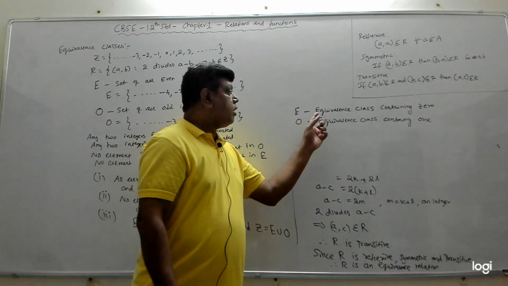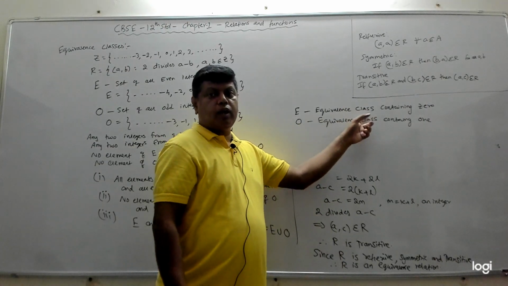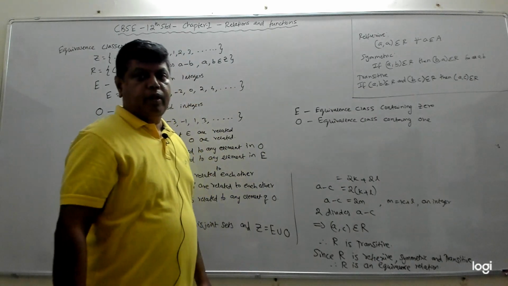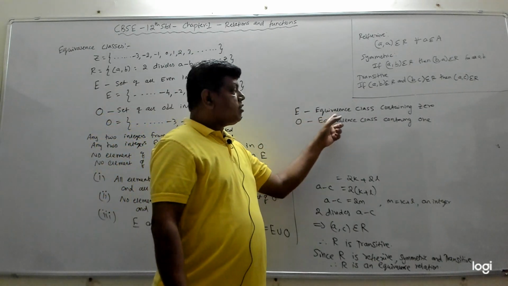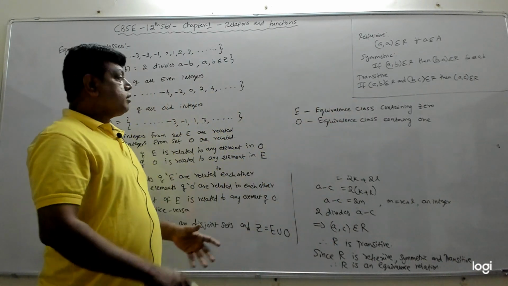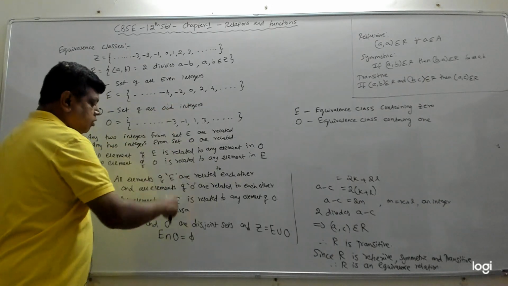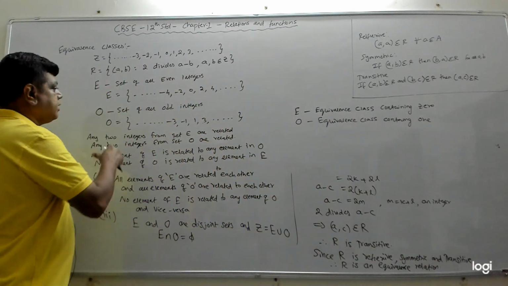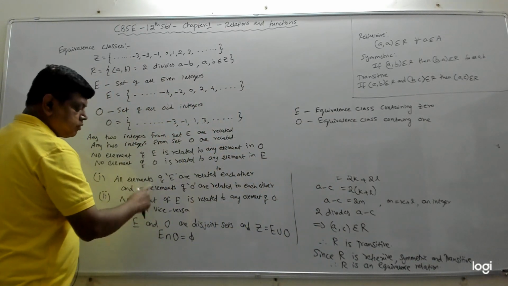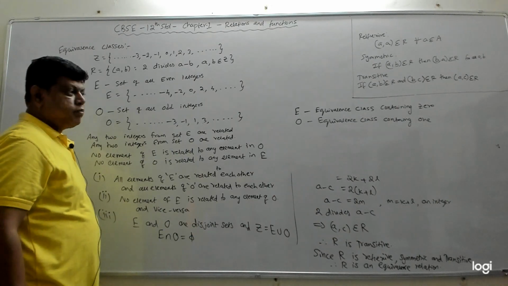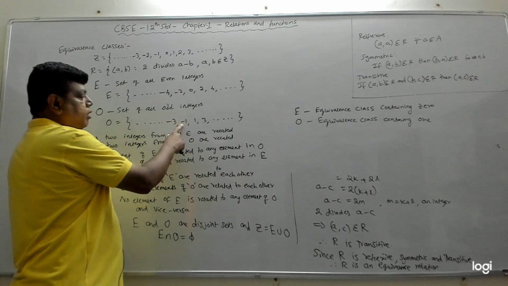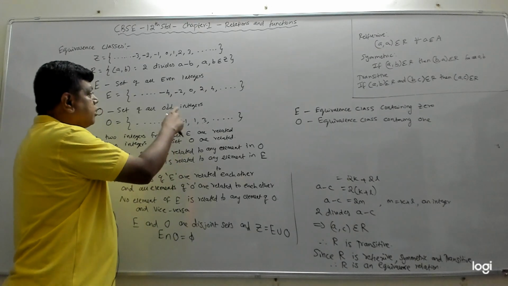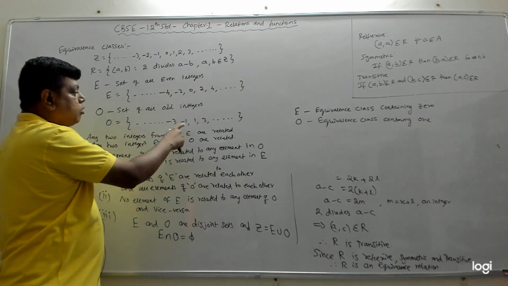And if we take a particular equivalence class set, we can say equivalence class containing 0. E is a set and it is called an equivalence class containing 0 because this set has 0 and it satisfies all these conditions. An equivalence class containing 1 means this set has the element 1 and it also satisfies all these conditions, which means every element in this set is related to every other element, and no element in this set is related to any element here, and it also contains the element 1.